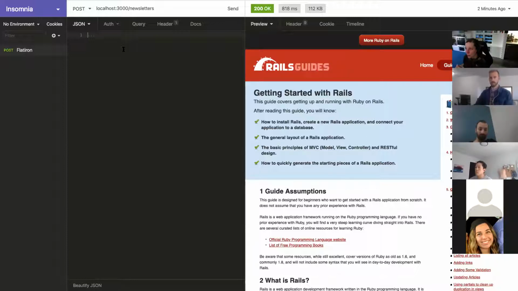Now with Rails, Rails is actually going to do all of this work for us more or less behind the scenes. So whenever we hit create to create a new newsletter, if we have everything set up correctly, Rails is going to make this POST request to our /newsletters with the information needed, and we're able to create a new newsletter. So I would recommend downloading something like Insomnia or Postman to make these kinds of requests. This is a great way to test out your application before having all of the front end created.